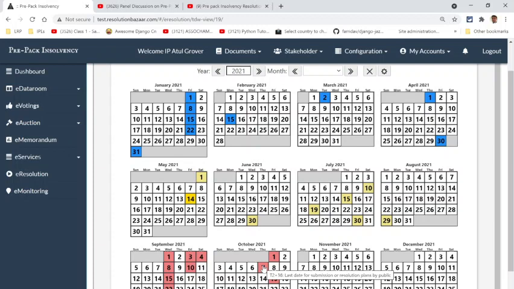Then by the 36th day, we would have received resolution plans, because it's the last day for receiving resolution plans from the general public. In the meantime, the RP, in case there is an opinion, would have selected a forensic auditor who would have made a determination upon the avoidance transactions.